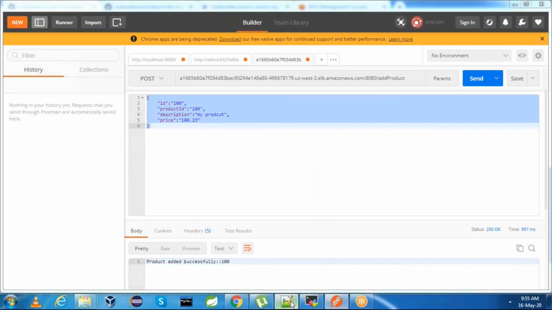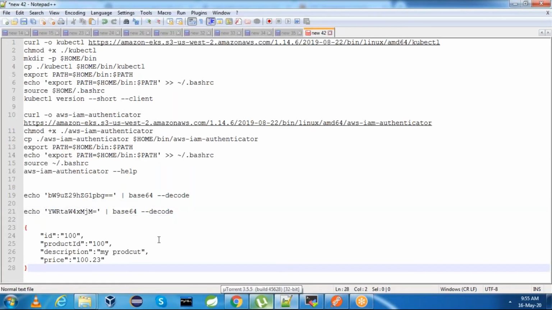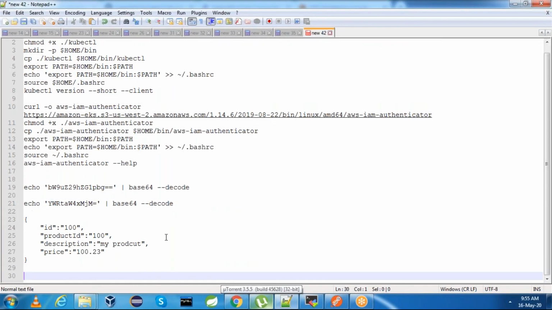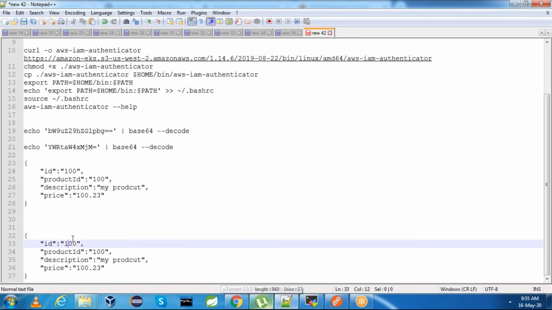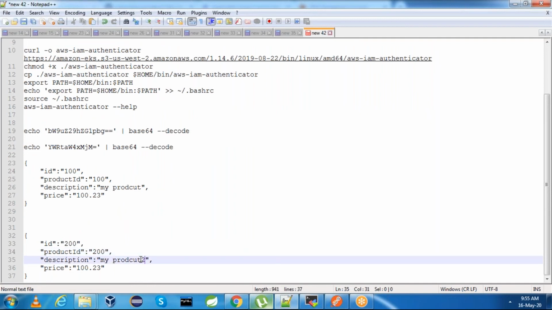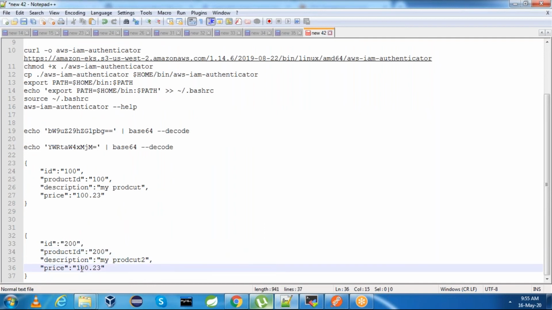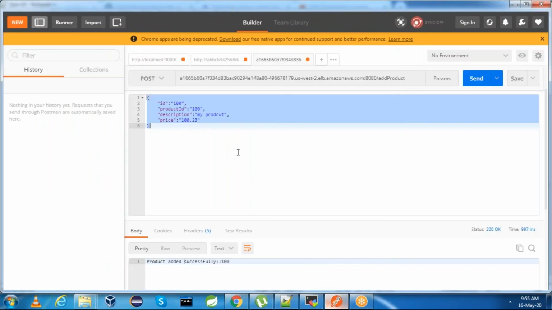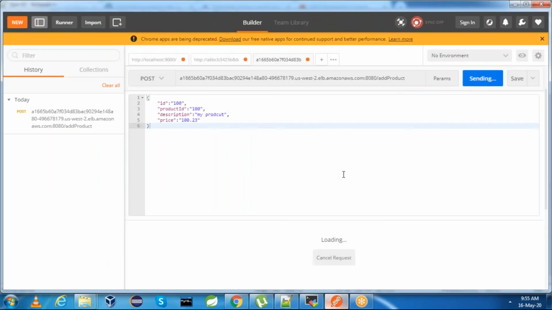This is the JSON which you need to mention. If you want to save another product, use another JSON. I'll insert both the products so that we can see easily. Click on send.